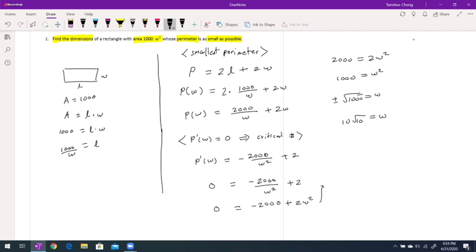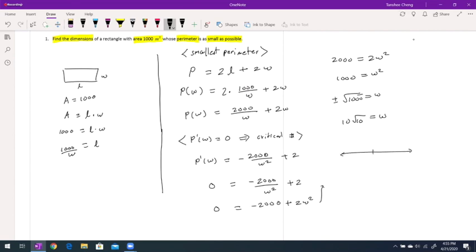So what we need to do is basically find the local maximum and local minimum. This basically tells me my critical numbers. Now you want to use the first derivative test or the second derivative test to find out your optimal solution, to justify whether this critical number gives an optimal solution or not. So what we do now is by testing it,